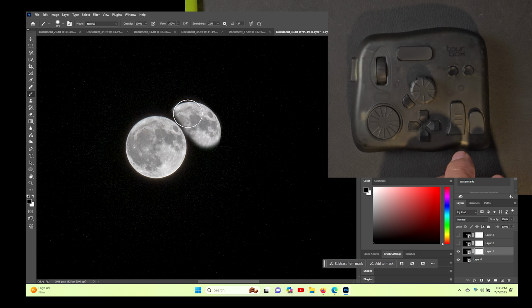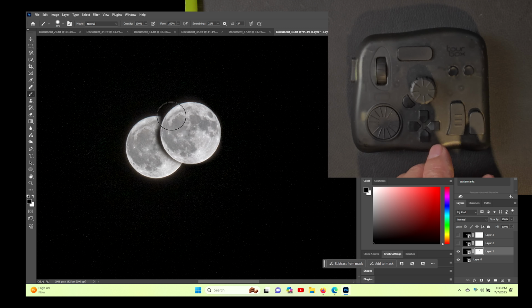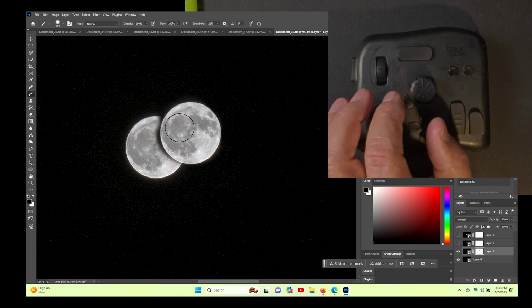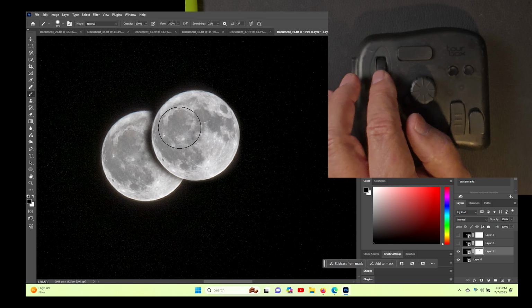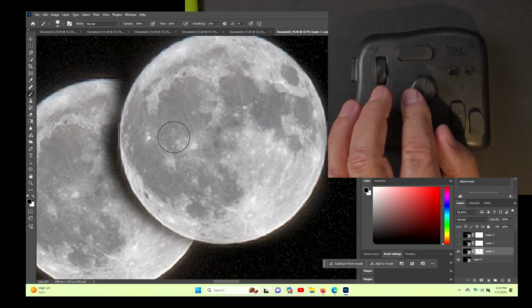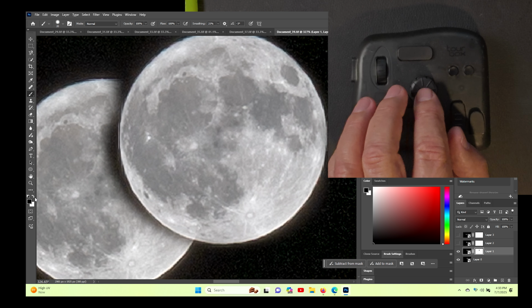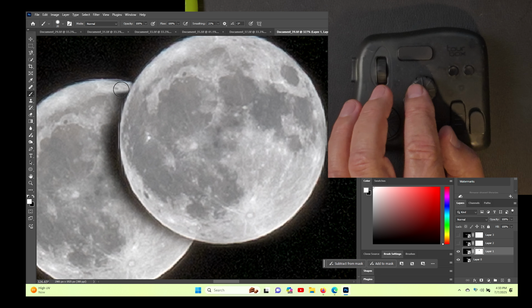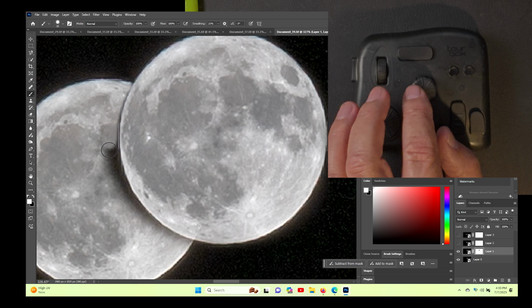We're going to activate the brush, and now we've exposed it. So now you can see right here we've exposed a little too much, and now the black's coming back in. So we want to zoom in some more, the best we can, and then we're going to make a smaller brush. Now we're going to convert this to the white because we know that that's going to make it come back. So then we're just going to go right along here and fix where we went too far